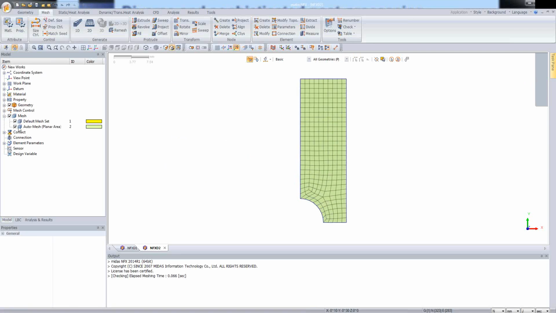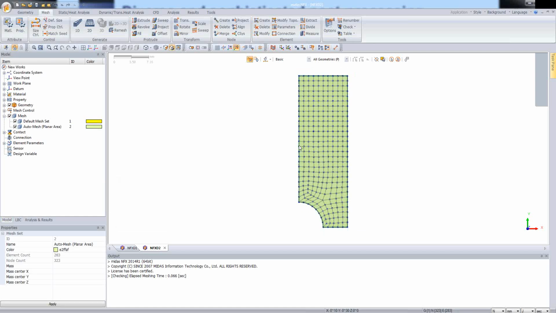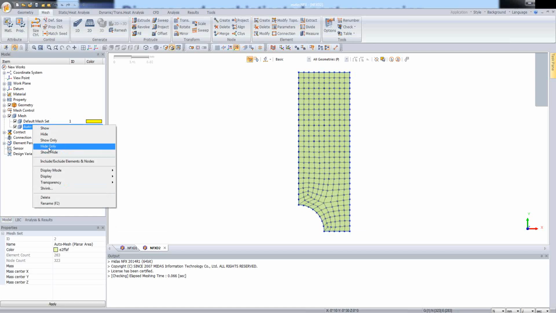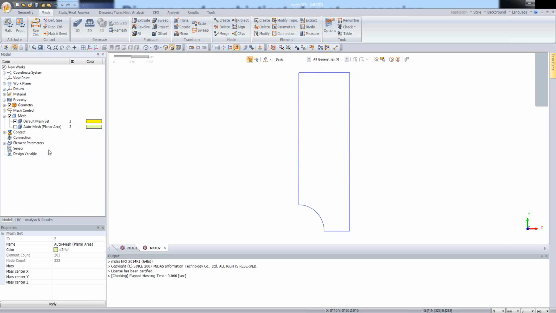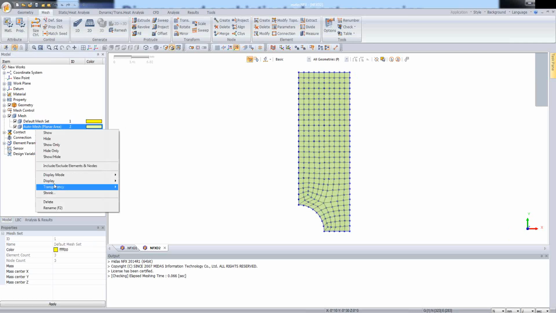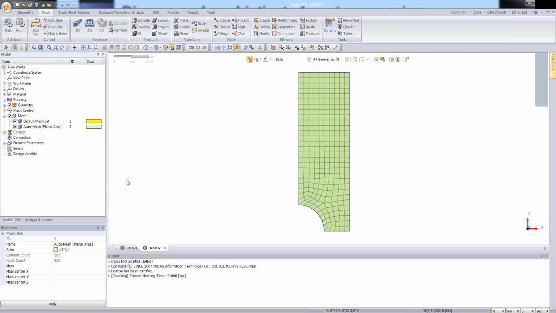So if I go to this mesh branch in my model work tree, I can right click on this group and display, for example, nodes, and let's hide them. Oh, excuse me, let's hide nodes only. Okay,